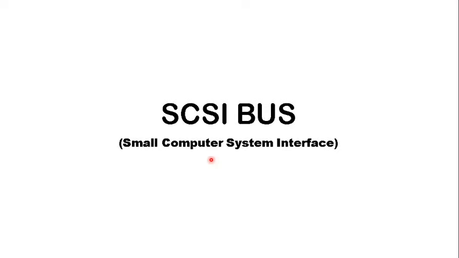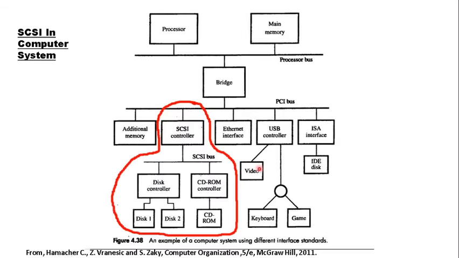We will see about the SCSI bus. The SCSI bus is mostly used with high latency devices like disks and CD-ROMs, which get data with some latency and deliver it to the required controller in the form of bursts. So SCSI is used to handle low speed devices.